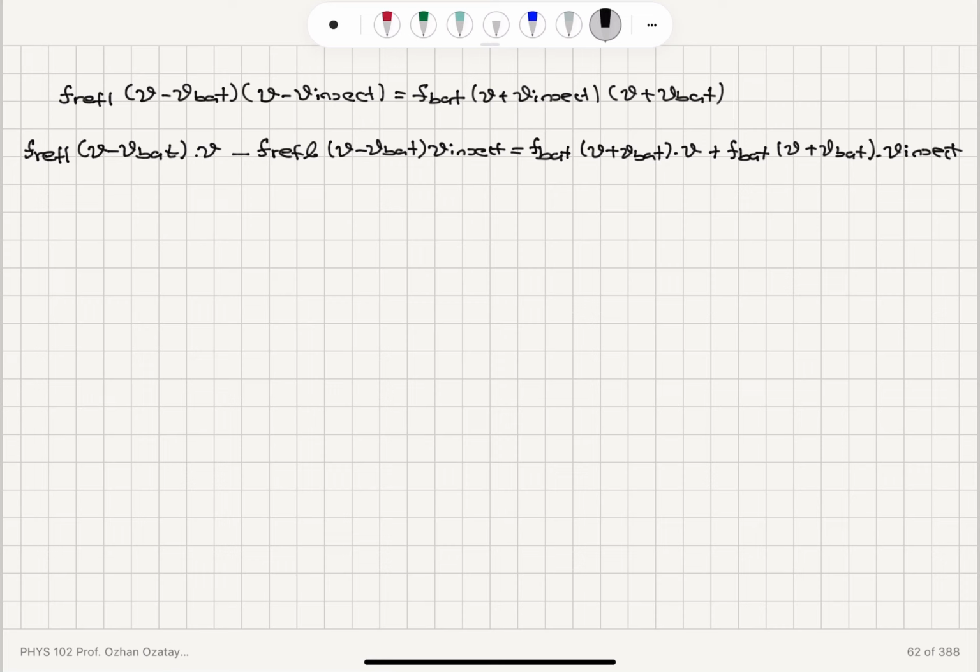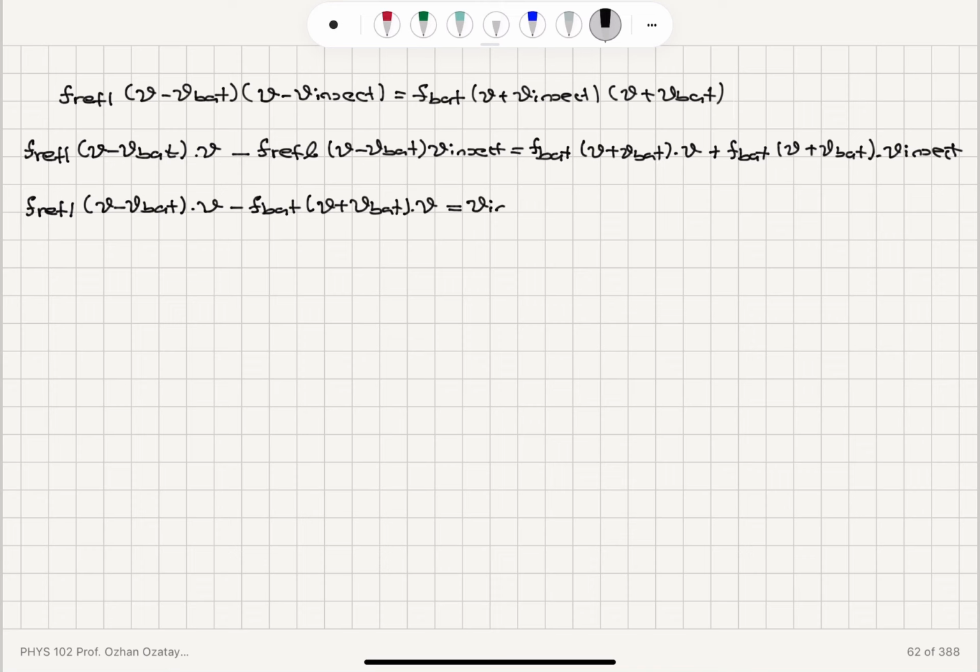Okay, now we will collect all the V insect terms on one side. So we have this term and this term collected together on the right hand side, and this term will go to the left hand side. So we will have F reflected (V minus V bat) times (V minus F bat (V plus V bat)) must be equal to